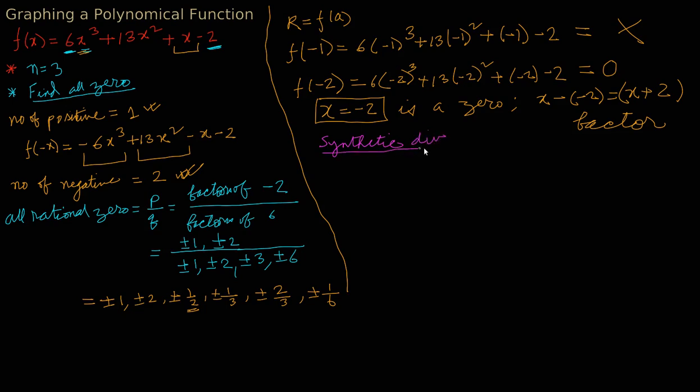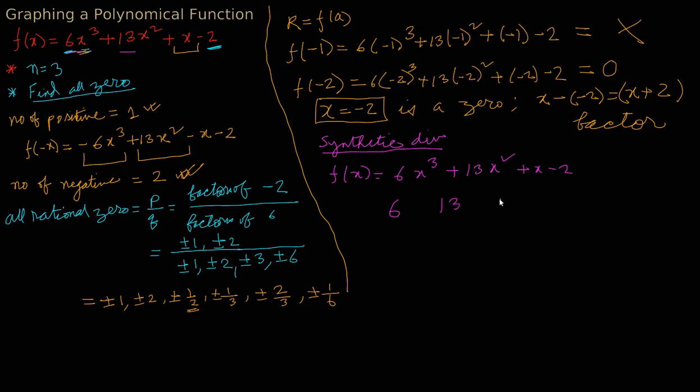Let's do the synthetic division. First of all, I need to write my function in descending order, which is already in descending order. Let me write down the function again, which is 6x cube plus 13x square plus x minus 2, and as you can see, this is already written in descending order. Also, there is no missing term, so I am going to simply write down the coefficient 6,